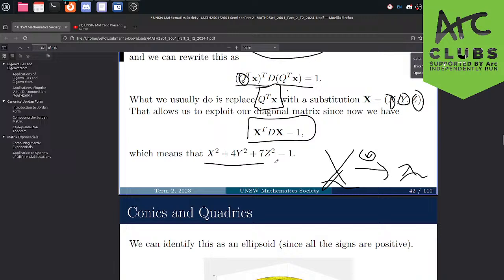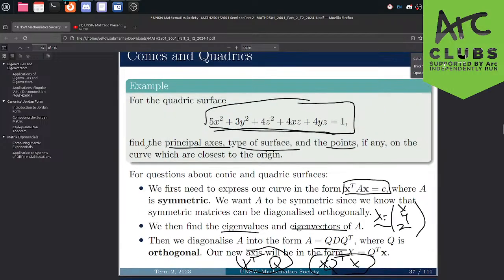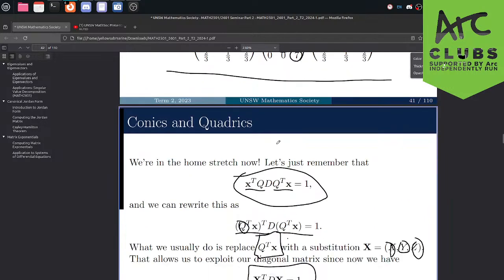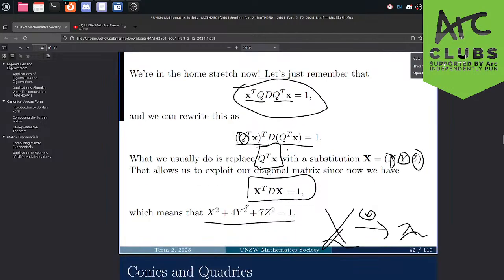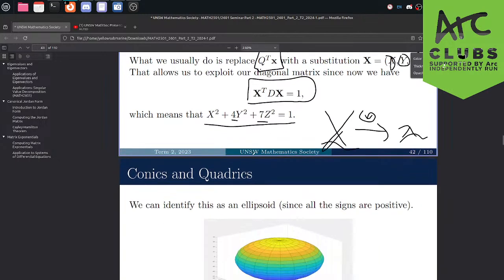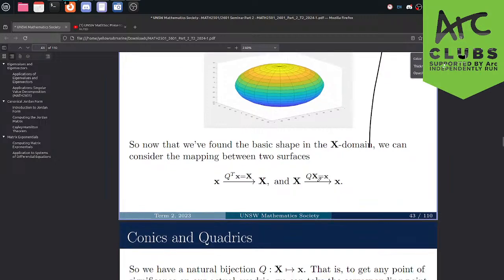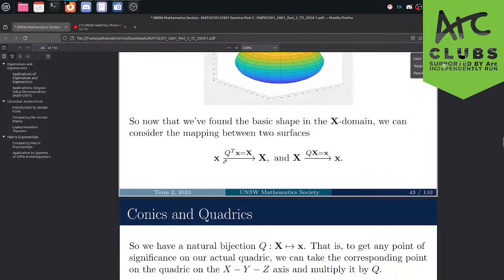So this equation that we end up getting, where we take the diagonal matrix, directly allows us to expand as x squared, y squared, z squared. This equation here is a rotation of our original equation, all the way back here. So this surface here is an ellipsoid, right? It's the x squared, y squared, z squared form, but there are some scalar factors in front. So we find it's an ellipsoid. This is it graphed. You don't need to graph it, obviously, but it's important to note that you now know that these are rotations of each other.